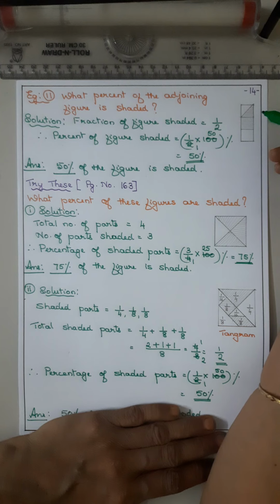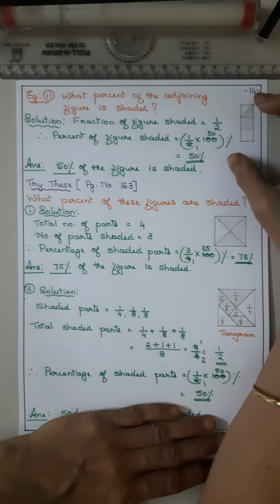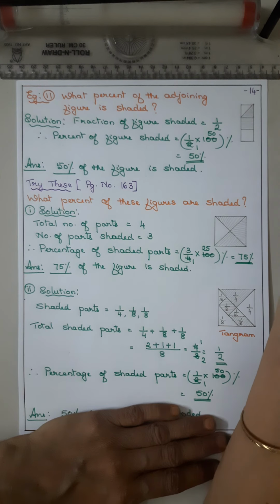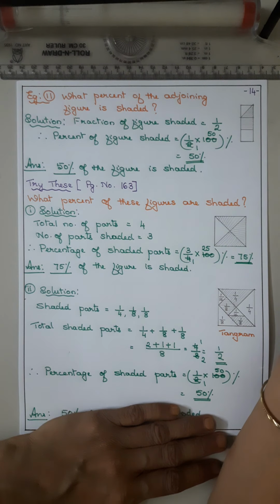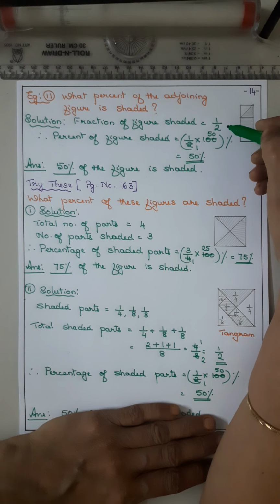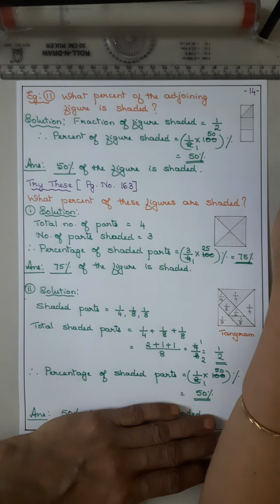देखो इधर फिगर को ठीक से देखोगे तो एक फुल है, एक फुल है, इधर एक आधा है, इधर एक आधा है ना. सो इसमें से 1.5 इज शेडेड, 1.5 इज नॉट शेडेड. दैट मीन्स टोटल में से 3 पार्ट है, उसमें से 1.5 is shaded, 1.5 is not shaded. Means what? Half of the figure is shaded. है ना. फिगर देखोगे तो